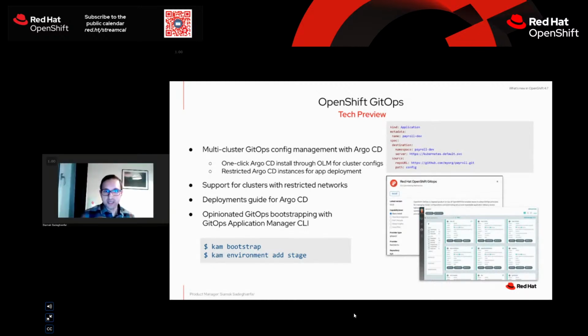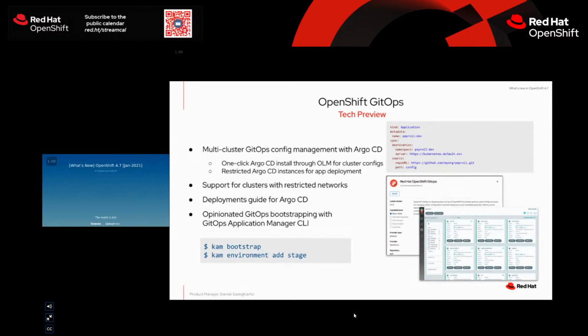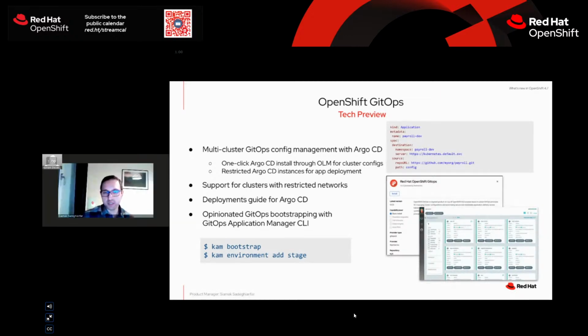OpenShift GitOps is a new add-on in OpenShift 4.7, and the idea is to enable customers to adopt GitOps practices for driving infrastructure and application operations through Git workflows. In OpenShift GitOps, customers have access to a supported version of Argo CD, which is the GitOps engine. And through the CR that you can see on the slide, they can define which Git repo should be synced